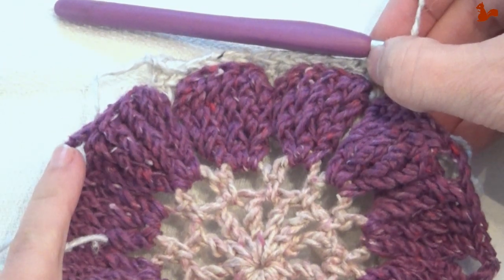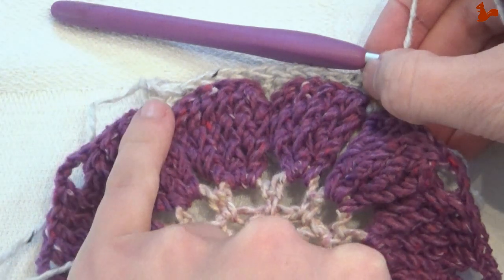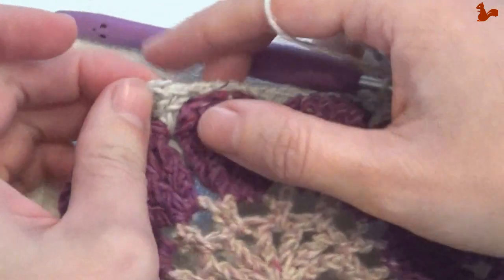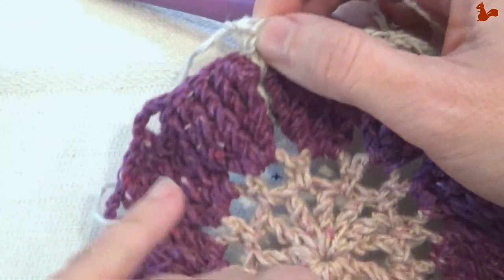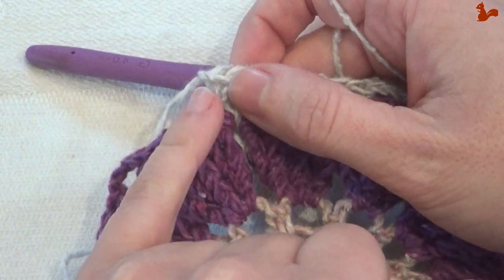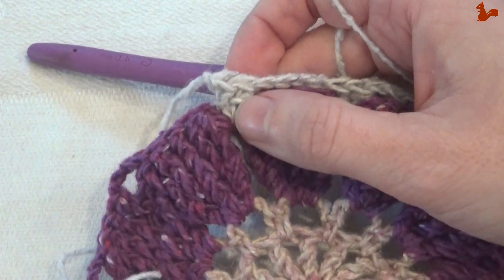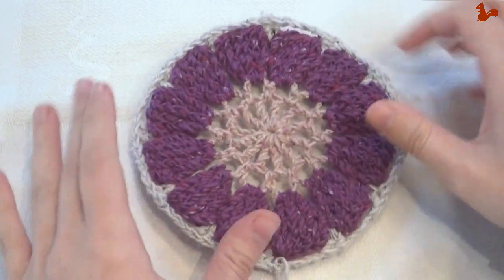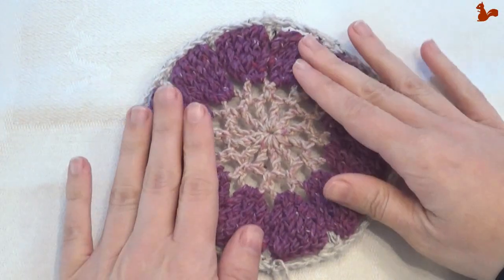When you get here, you're going to do a chain 4 and then close on your first standing double crochet, so on this little stitch here. So you're going to do those last 2 double crochets, then you need to do 1 more chain 4 and then close there. At the end of round 8 your work looks like this, but you'll also notice that it's